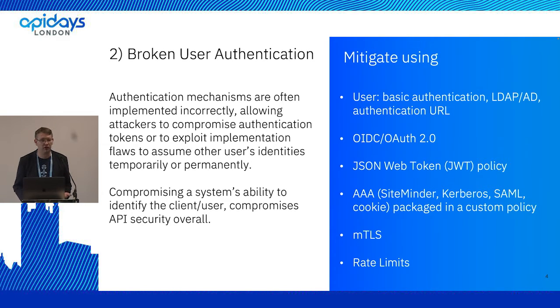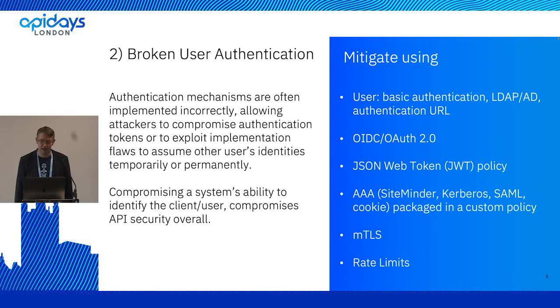In API Connect, we've got a number of options that you can use for authentication. We've got basic auth, integration with LDAP, authentication URLs where you can have API Connect pass the credentials to a back-end URL that then validates them. So that lets you integrate with any other system that's not covered by those standard approaches. We've got integration with using OAuth, either natively within API Connect or using a third-party OAuth provider, and JSON Web